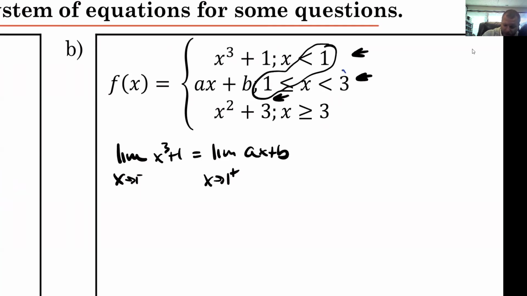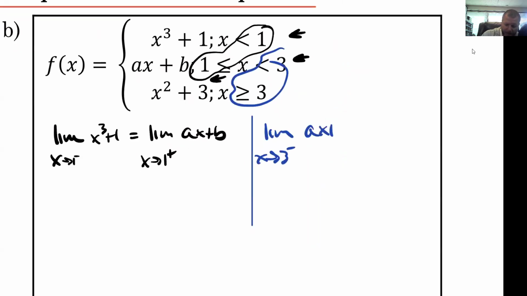But I can also have discontinuity when x is equal to 3, right? 3 is also an endpoint. So we would have a limit as x approaches 3 from the negative direction. That's going to be an ax plus b. We're going to be on that top branch. This has to equal the limit as x approaches 3 from the positive direction, which means we're going to be